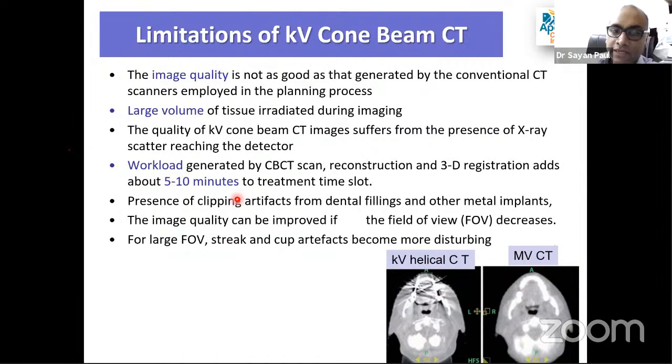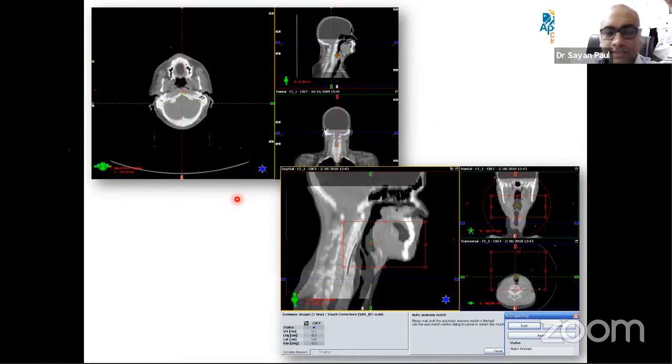The image quality can be improved if the FOV is decreased, but sometimes you need to take a larger volume of scan for matching. For a larger FOV, there are artifacts, streak and cupping artifacts. So this is a typical